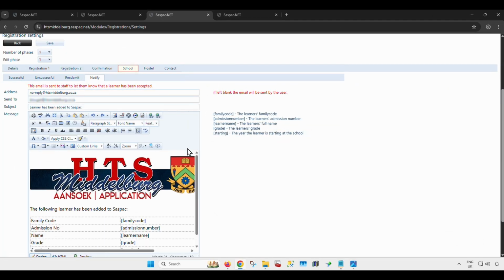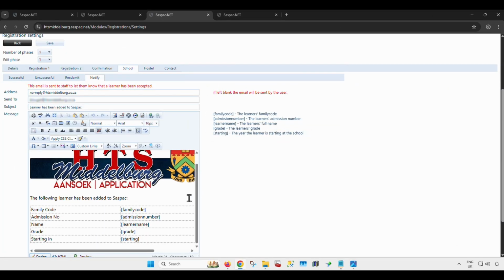The mail that you create under Notify is to let any other staff members know that a new learner has joined the school. As an example, the admin staff verifies and accepts a new learner, but they need the finance staff to know about it. We would insert her email in the Send To field, and she will get notified of any newly accepted learners